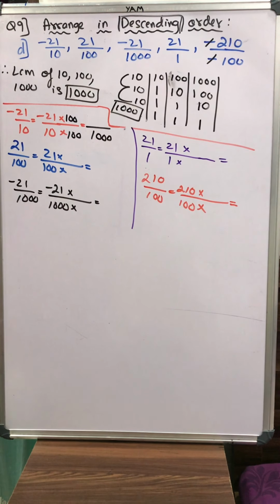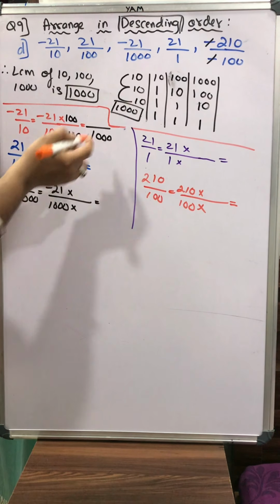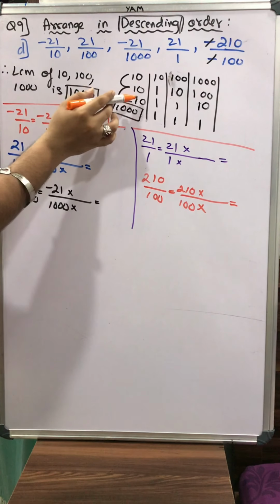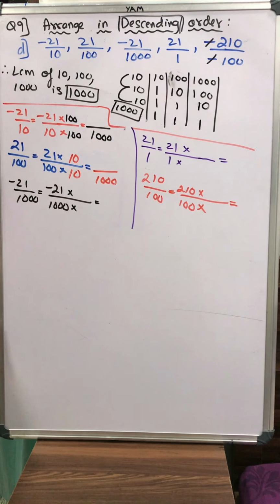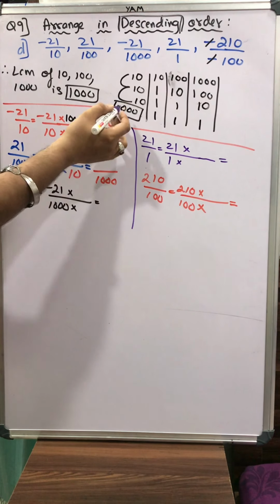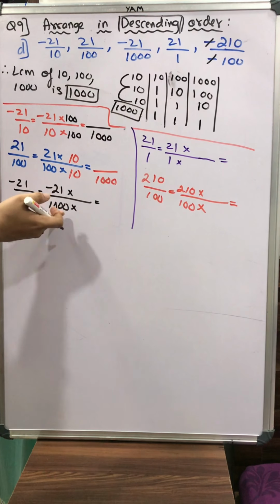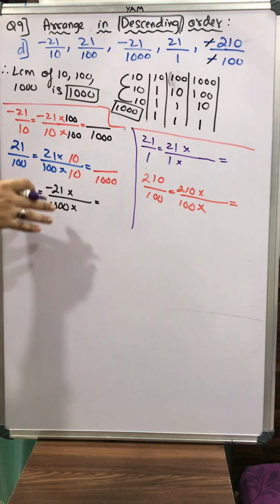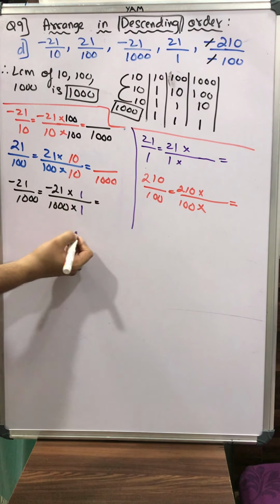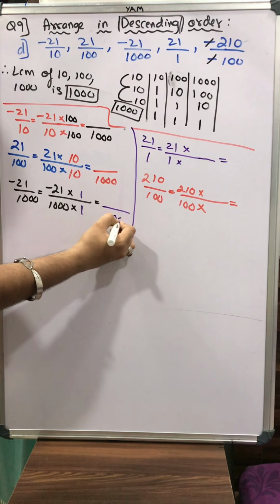Next, I have here 100. That means 100 comes from 10 tens. That means 2 tens are already occupied here. Now only 1 ten is remaining. So 1 time 10, 1 time 10. This makes my denominator 1000. Next, I have here 1000. Oh students, here I need to have my LCM 1000. I need to make all the denominators 1000. But here it is already 1000, so I'll not multiply anything. Just for the sake of maintaining my sequence, I have written here, multiply it with 1. If you don't even multiply, you just keep minus 21 upon 1000, then also it's fine. No need to multiply because already we have here 1000.